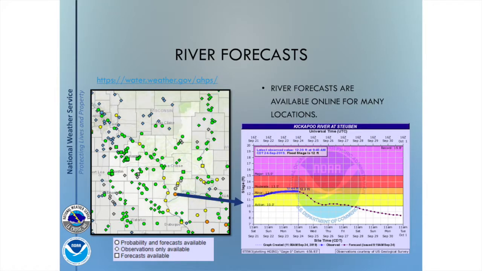So what do the river forecasts look like online? If you go to that website, that's one way to look at them. You can also get river information from the USGS's website. There's others out there as well. I just pulled up an example of the Weather Service's page. Here's the forecast, clicking on that point for Steuben. The forecast is this trace here on the graphic, and here's the current river level.